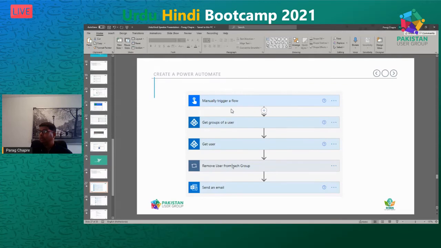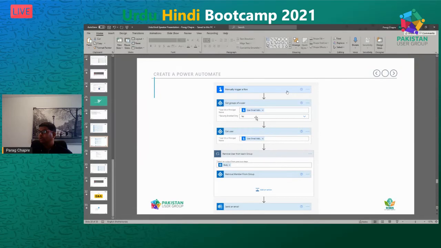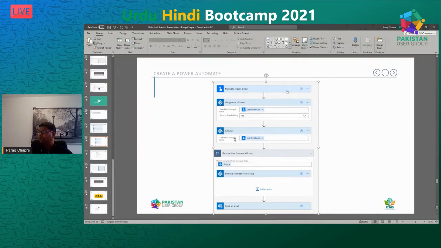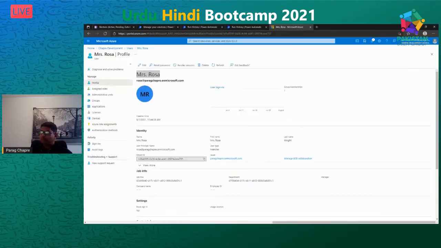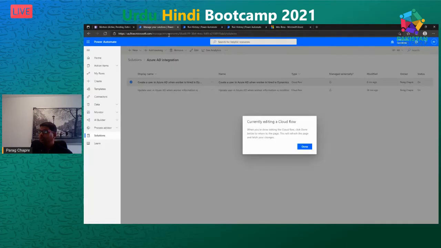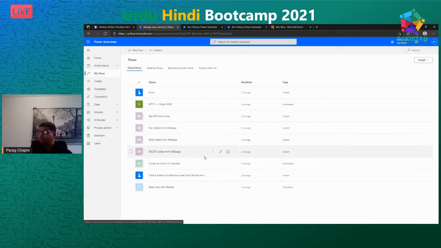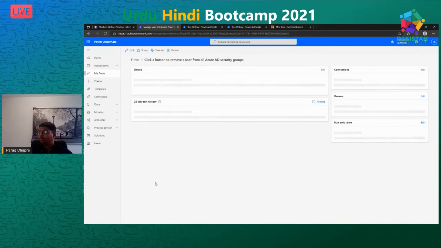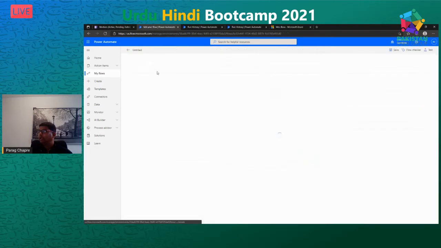So this is the same template from Power Automate, and we have to follow this document here, and then we can see all this information. I'll not go into much detail. I'll directly go to the Power Automate. Let's see this one. I'll go to my flows. So we can use this template, called "Click a button to remove a user from all AD security groups." If you click on edit,